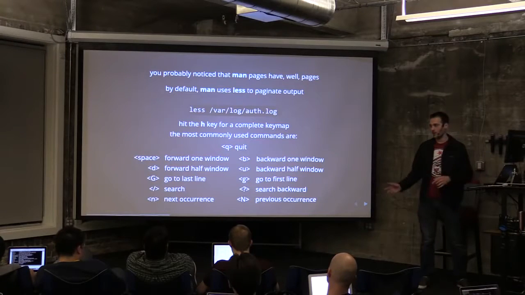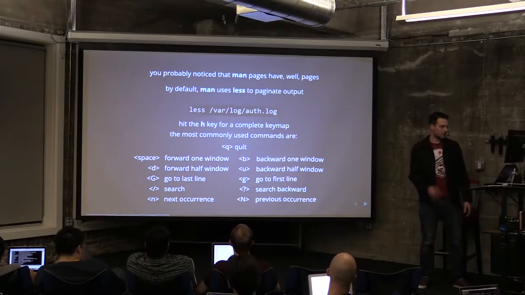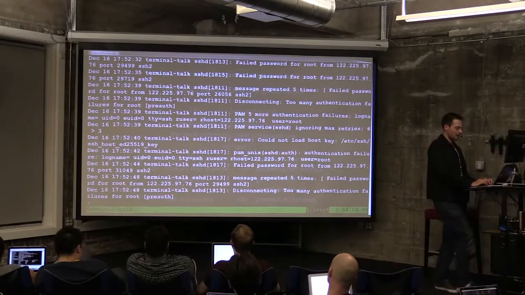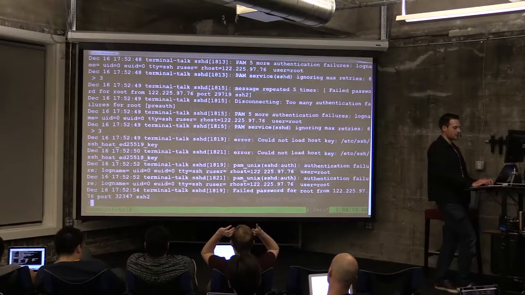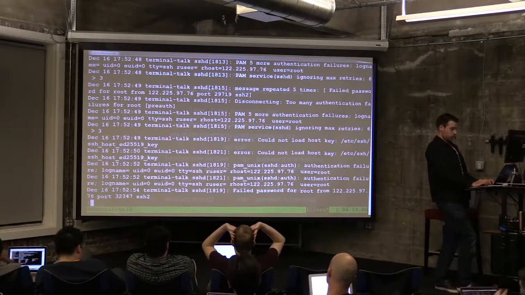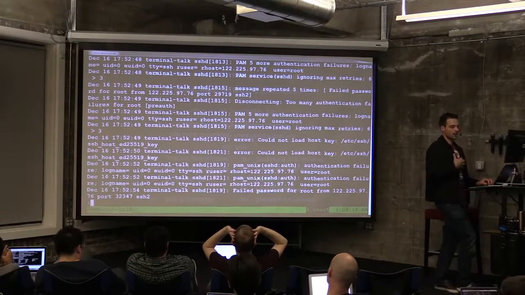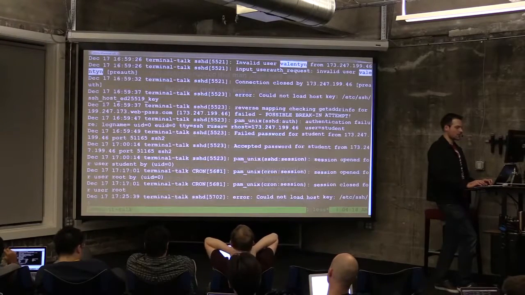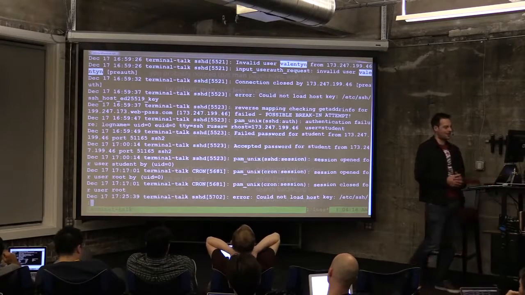Capital G goes to the very last line. Lowercase g goes to the first line. And you can also search, which is pretty awesome. So if I'm in this log and all of these are like user root, right? Like somebody tried to log in as root, but what if I want to find out whether I had any failed logins? So I could just type /Valentine, and that'll search for Valentine, and there you go, invalid user Valentine